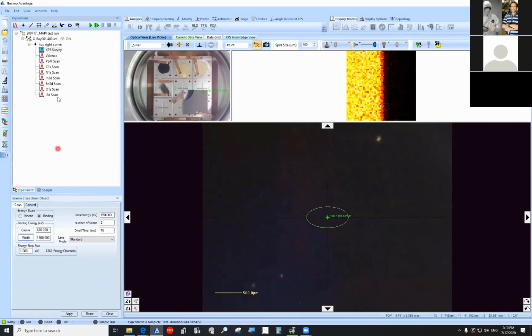Okay? I'm going to grab the valence band scan. So I just highlighted it here. I can click and drag. It just bothers me. I like having it down here at the bottom. So I'm going to move this thing up to here. Thank you very much. And so now let's move on from looking at the survey spectra to each of the